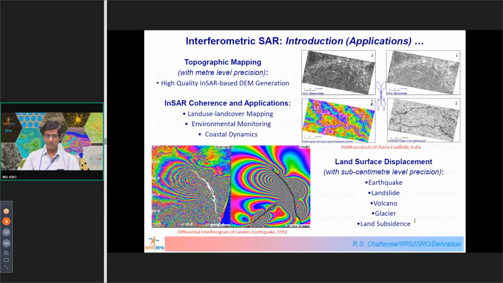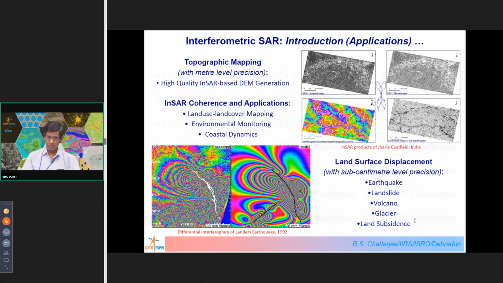But on the right side, you see it is for land surface deformation, land surface displacement. In bracket, you can see that it gives you land surface displacement in sub-centimeter level precision. From centimeter to sub-centimeter level precision, it gives you information due to an earthquake. What deformation takes place, deformation or displacement of the land surface, can be measured at sub-centimeter level. It can also be used for landslide monitoring, volcano, glacier, land subsidence like due to mining, due to